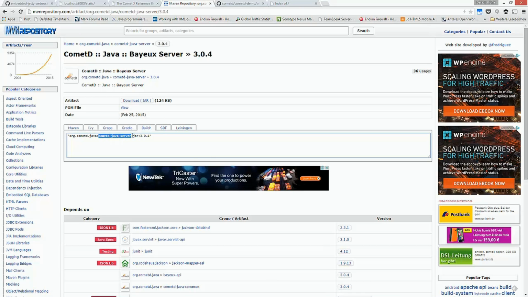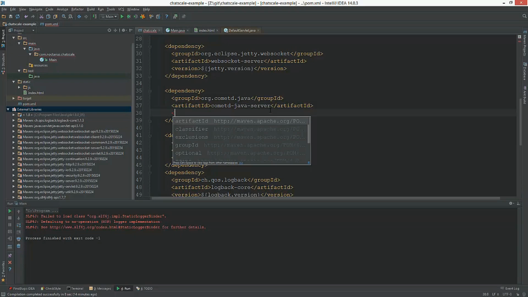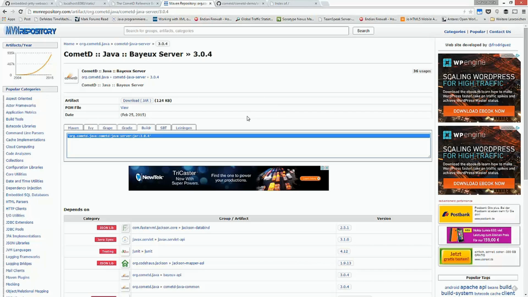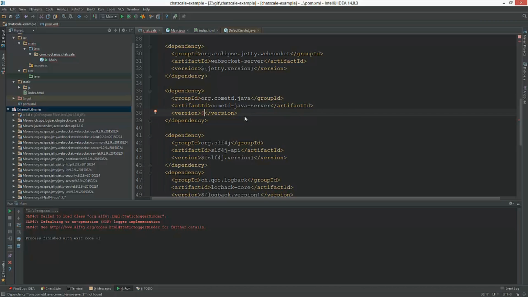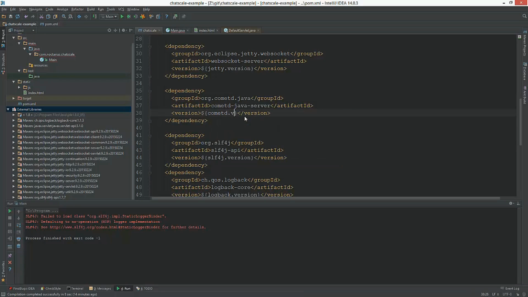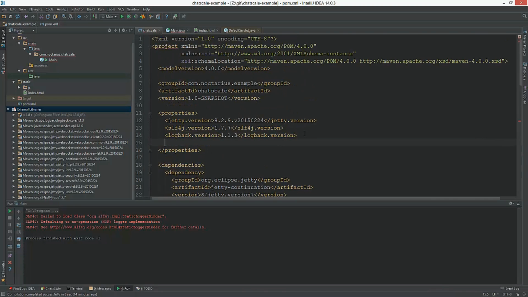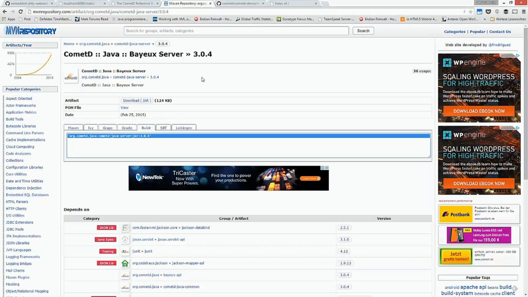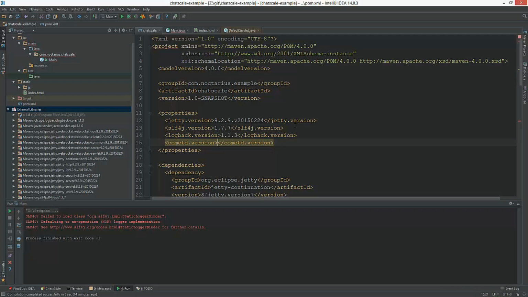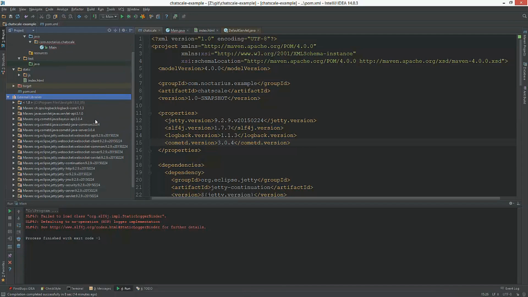Let's just test it, and we have version, which is commit the version again. Let's add another field here. We want to have 304. Okay. Let's see, that should give us a nice new, there you go.